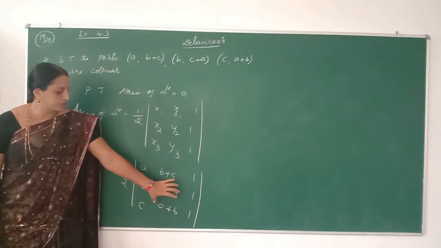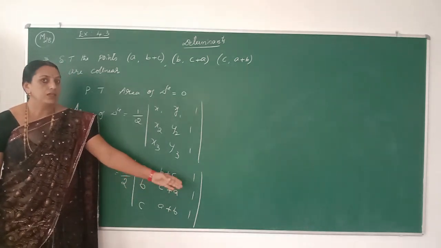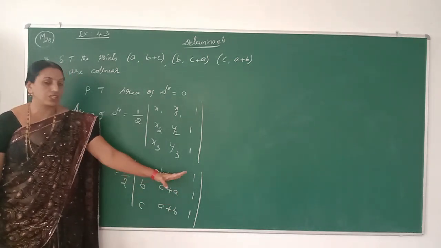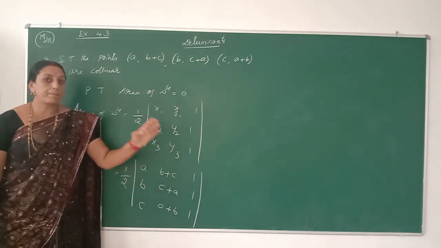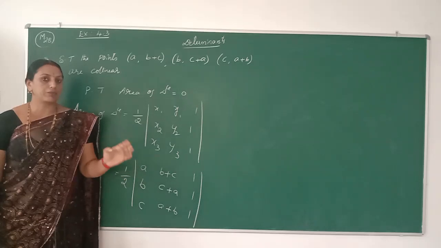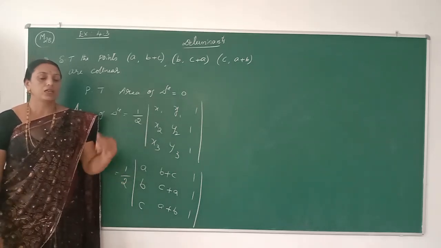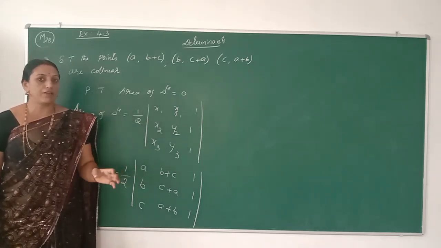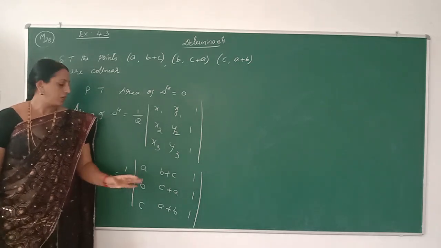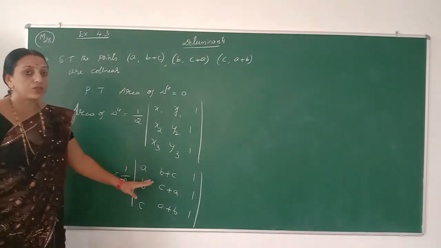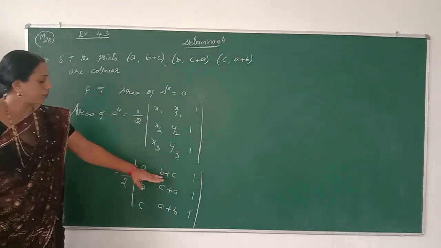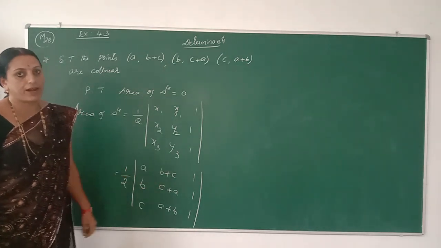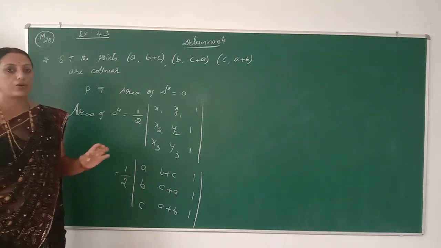Therefore, there will be some odd calculations by using the expansion. Therefore, we use some basic properties of determinants. In the last classes, we already did some problems on the basis of properties of determinants. By using those conditions, we learned how to simplify the values of determinants. So first, check whether there is any common factor for all the elements of any row or any column.